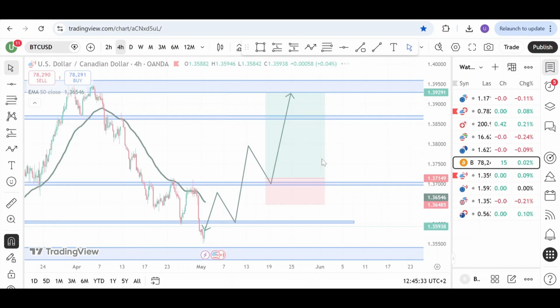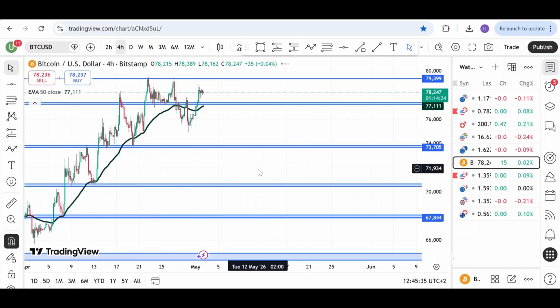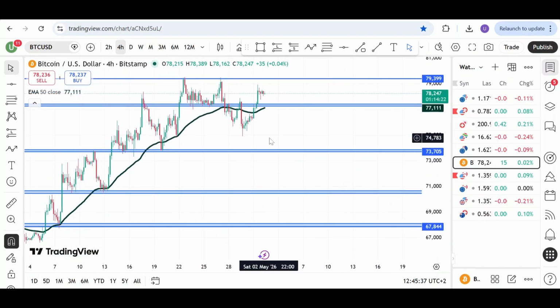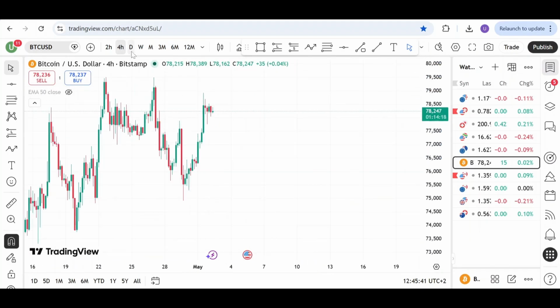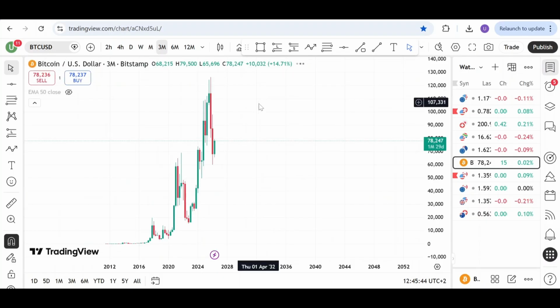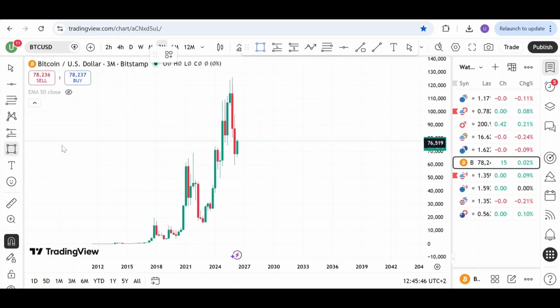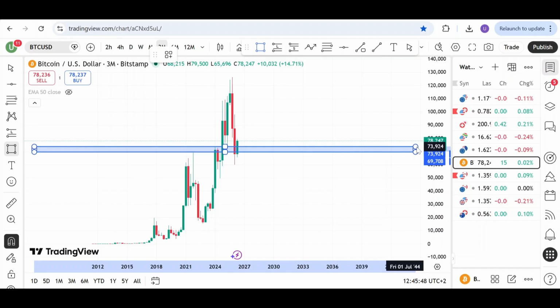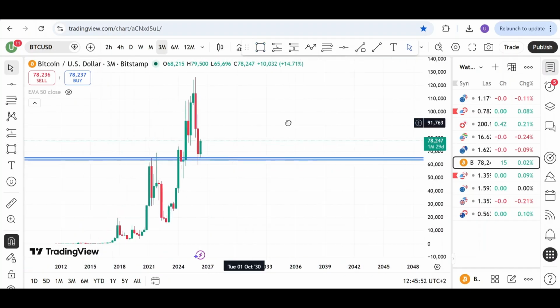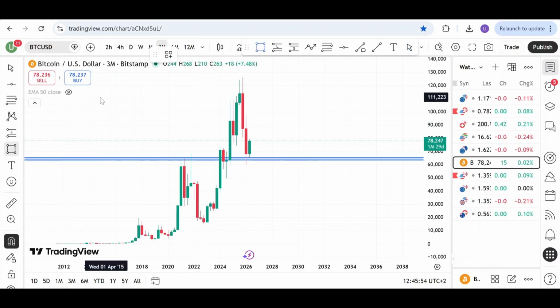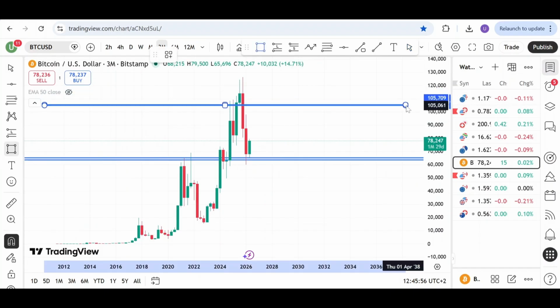This is BTC USD. Also, let's see BTC USD. This is the last pair to analyze. Okay, let's start with the monthly, 3-month time frame. Can you see that we are in an uptrend here? This is a 3-month zone here, this is a 3-month upper zone here,